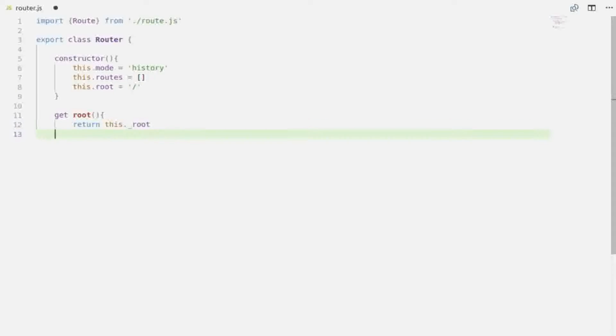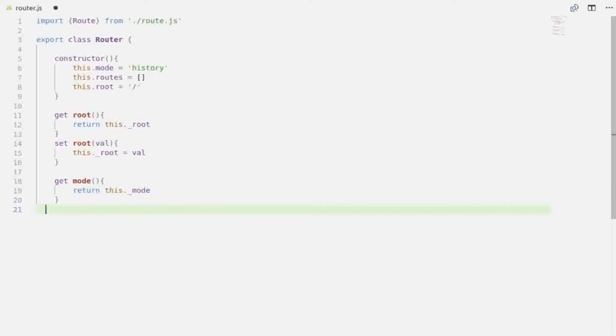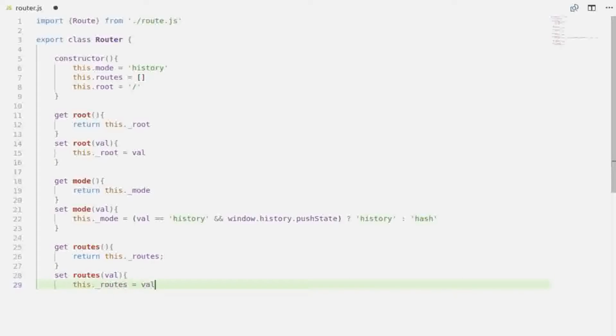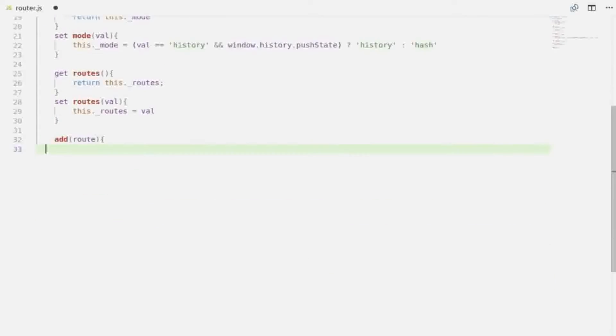Route is used to set the base URL. Routes is used to add routes of an application, and the mode is either history or hash. We initialize them in the constructor, and it also has getters and setters. After creating getters and setters, now we will create an add method which will be used to add new routes,